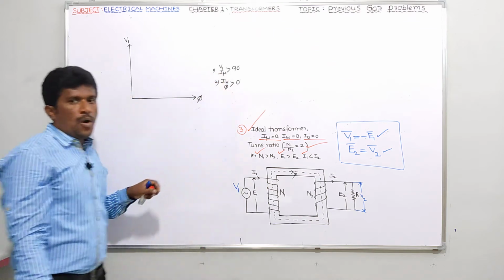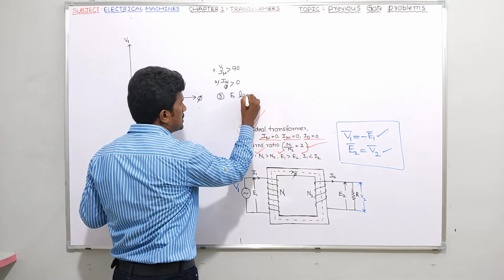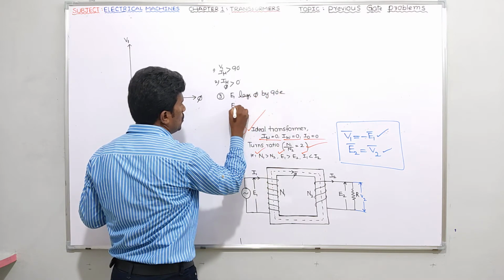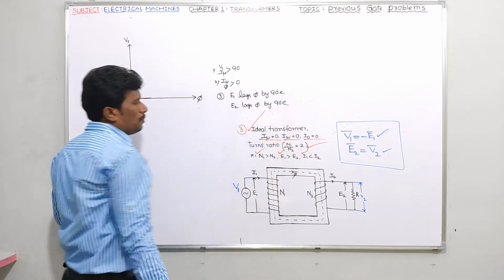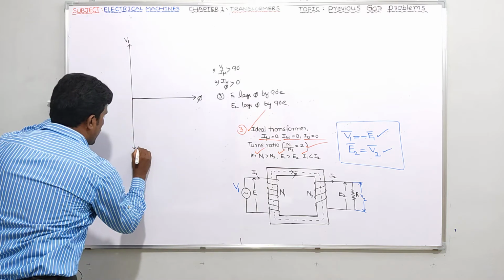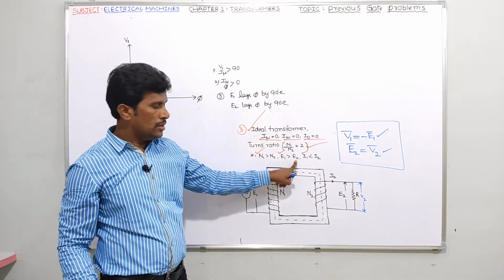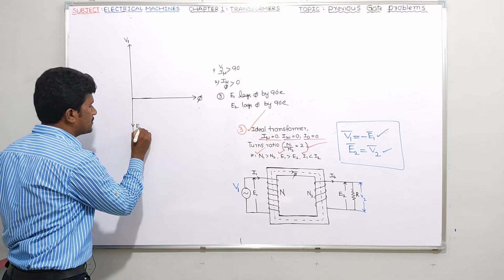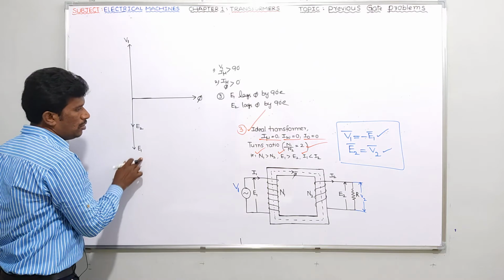Now according to Lenz's law, you know that E1 lags flux by how much angle? 90 degrees. And E2 lags flux by how much angle? 90 degrees once again. Now please tell me, let me draw here the E1 vector lagging phi by 90 degrees. Please be very careful. E1 is greater than E2. If E1 is here, E2 should be here. E2 also lags flux by 90 degrees only, but the magnitude of E1 is greater than E2, no? So let me show the E1 value more and the E2 value less.